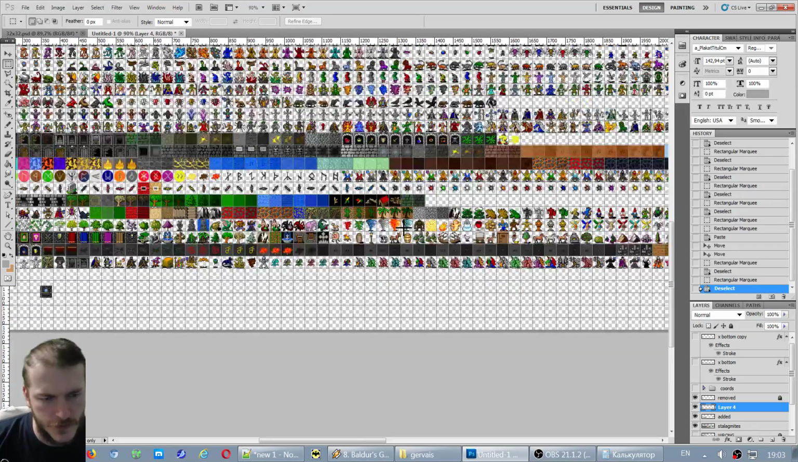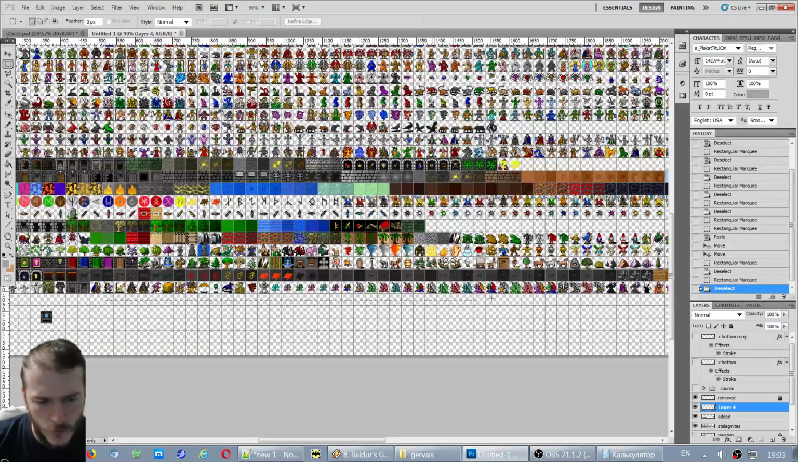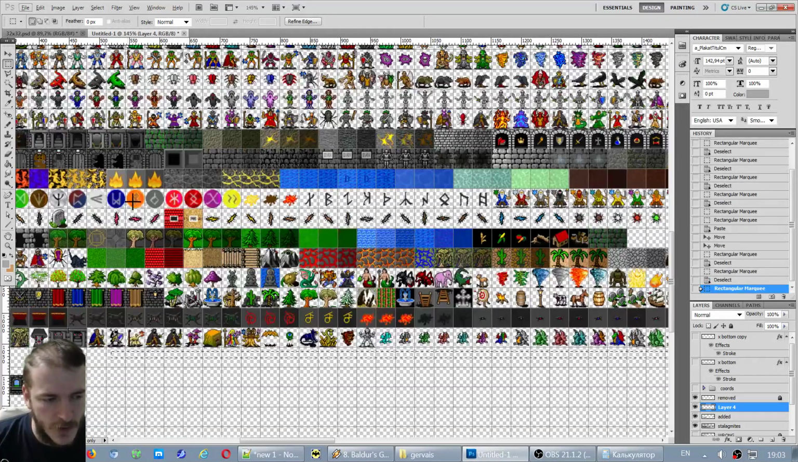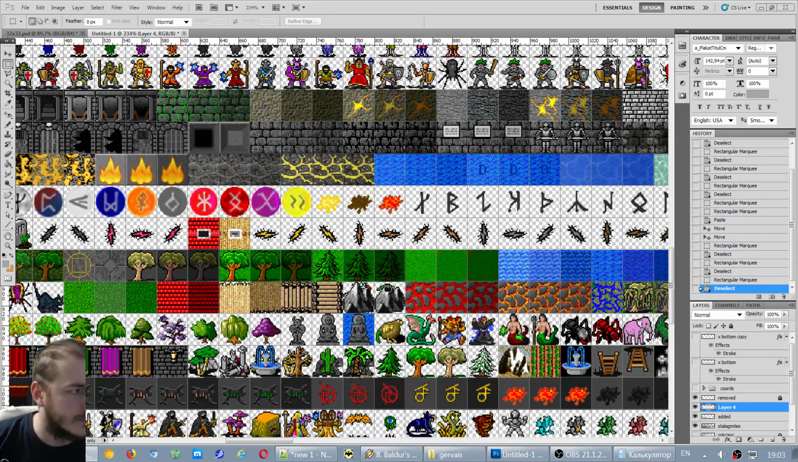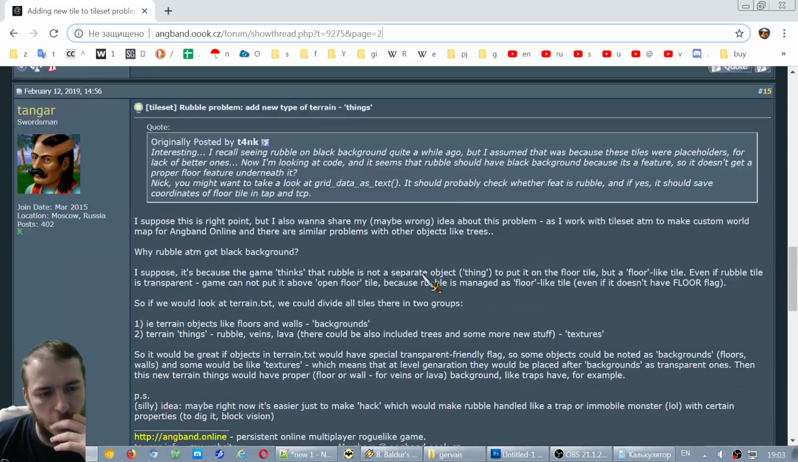And also another approach is, as I said, we could have a row for... There is a problem, a big problem, and I wrote about it at the Angband forum. Where is it? Yeah, here we go. I wrote about it at the Angband forum,